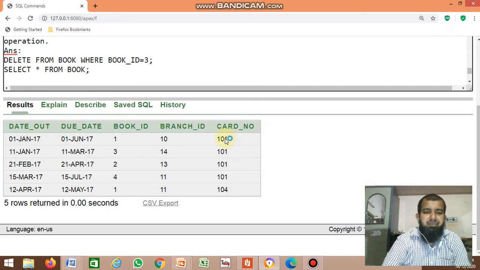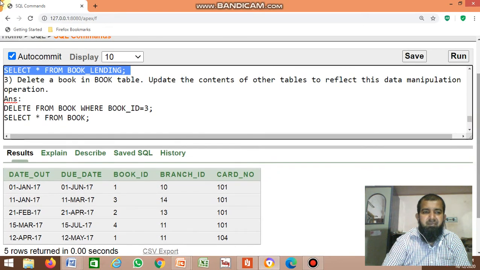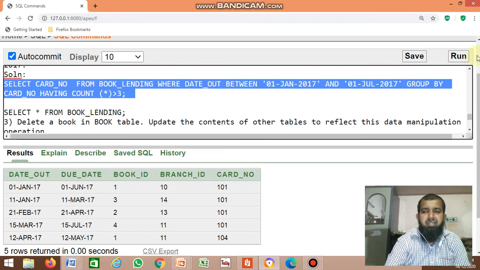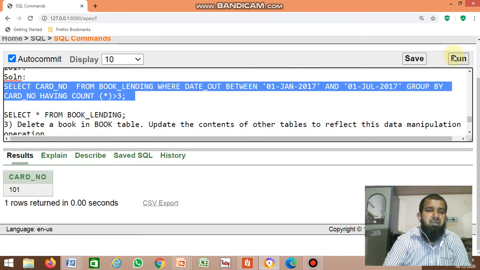Card number 101. Card number 104 borrowed only 1 book, but card number 101 borrowed more than 3 books. Total 4 books are there. Means more than 3. So 101 is the correct answer. Clear, no? Which card number borrowed more than 3 books? Card number 101.